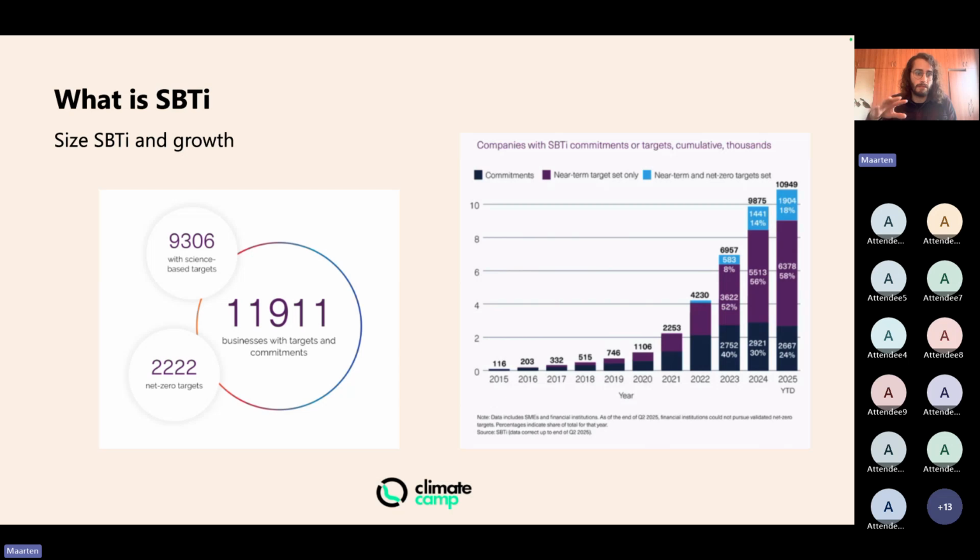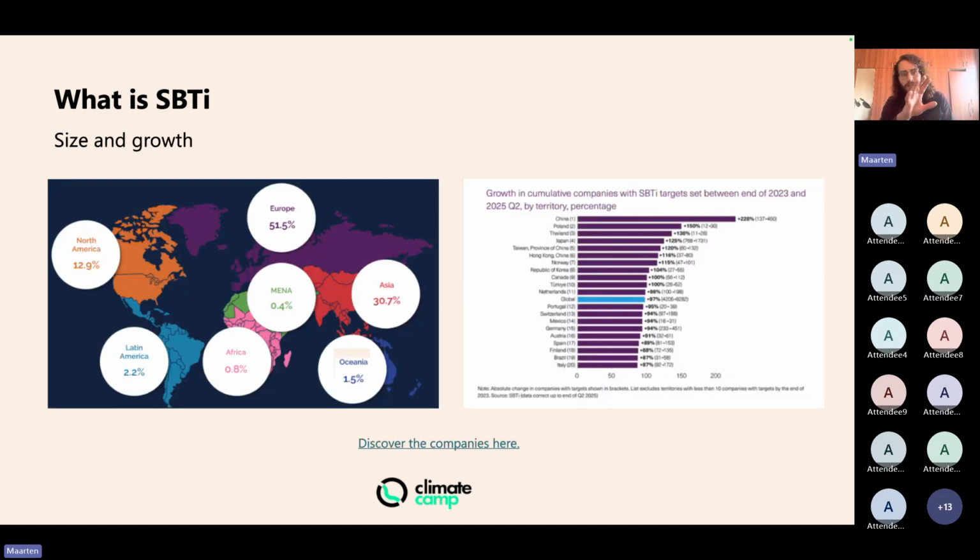As you can see, commitments have stayed more or less the same, but especially the corporate net zero standard for 2050 has grown by an impressive amount, as well as the proportion of near-term targets. Now, who are these companies? Well, let's take a look at the figure you see on the left-hand side, which is the distribution of SBTi targets across the world. And as we all know, Europe is one of the climate leaders when it comes to carbon reduction and reduction target setting.